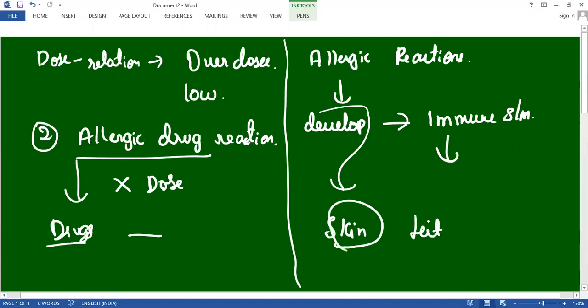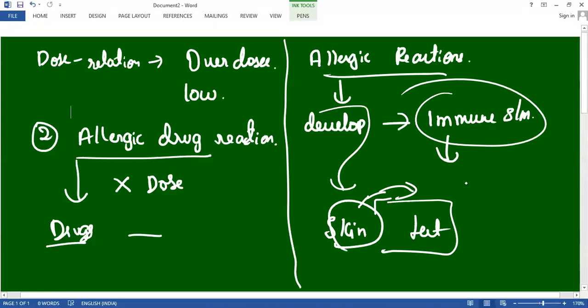The common allergic reaction is seen on the skin, so he has to go for the skin test. The common allergy comes through the skin. This is not severe, but it is also common. Some drugs may be tolerable for some patients, but not for all. It also depends on the immunity, so it may cause some damage or effects for the patients.